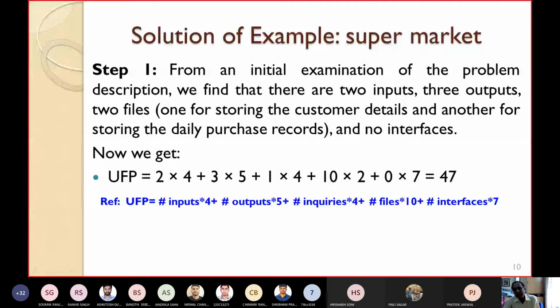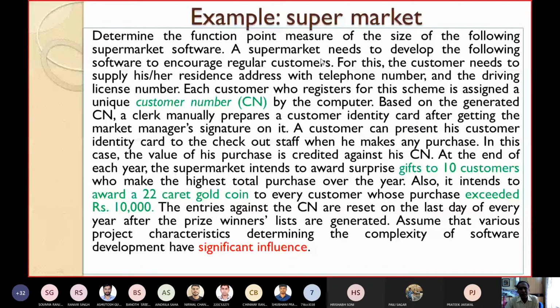Okay, and the other part you are saying is correct, that the number of inputs you have to think about meticulously. Here I have put 2. The user details is 1, it may contain user name, address, quarter number, telephone number, etc. And 1 field for driving license or Aadhaar number, whatever you can say. That's why I have taken 2. If you separate name 1, quarter number 1, telephone number 1, driving license 1, Aadhaar card 1, then you have to specify accordingly.